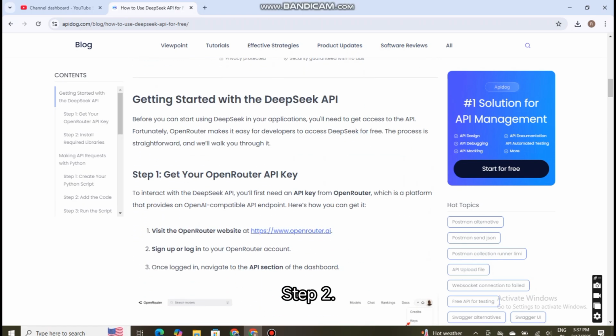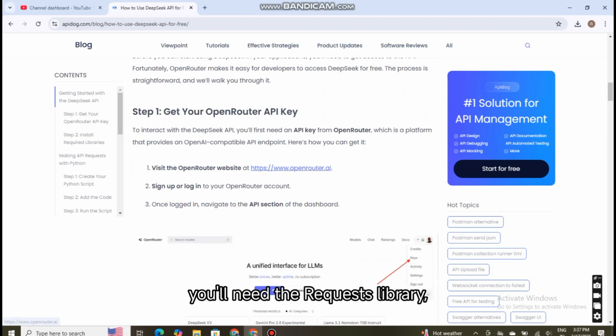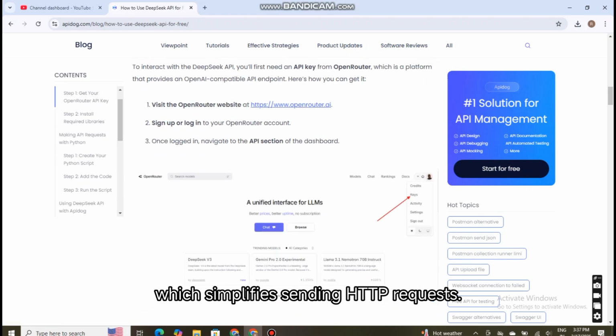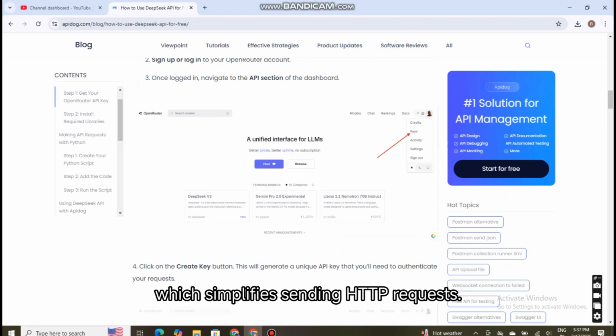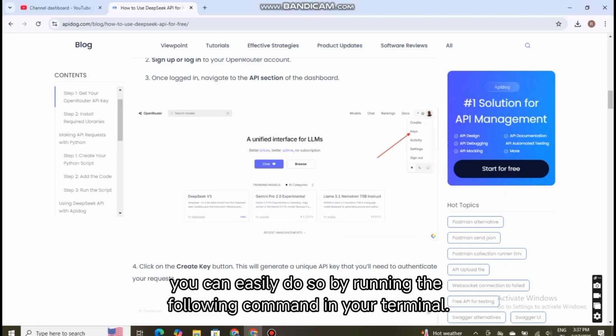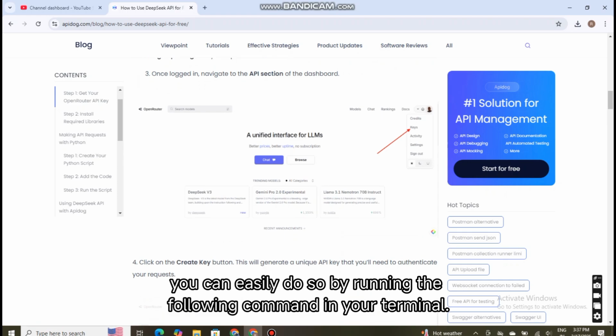Step 2. Install required libraries. To interact with the API in Python, you'll need the requests library, which simplifies sending HTTP requests. If you don't have it installed yet, you can easily do so by running the following command in your terminal: